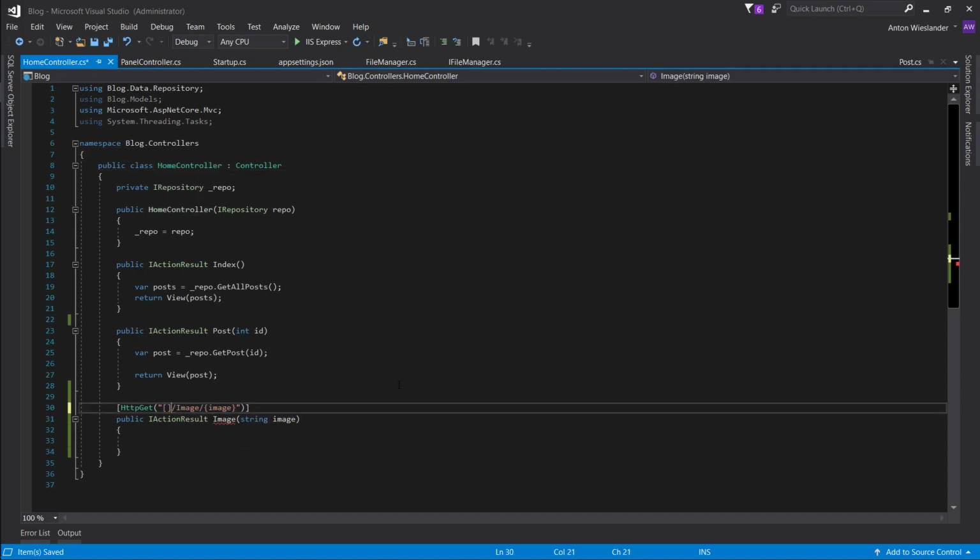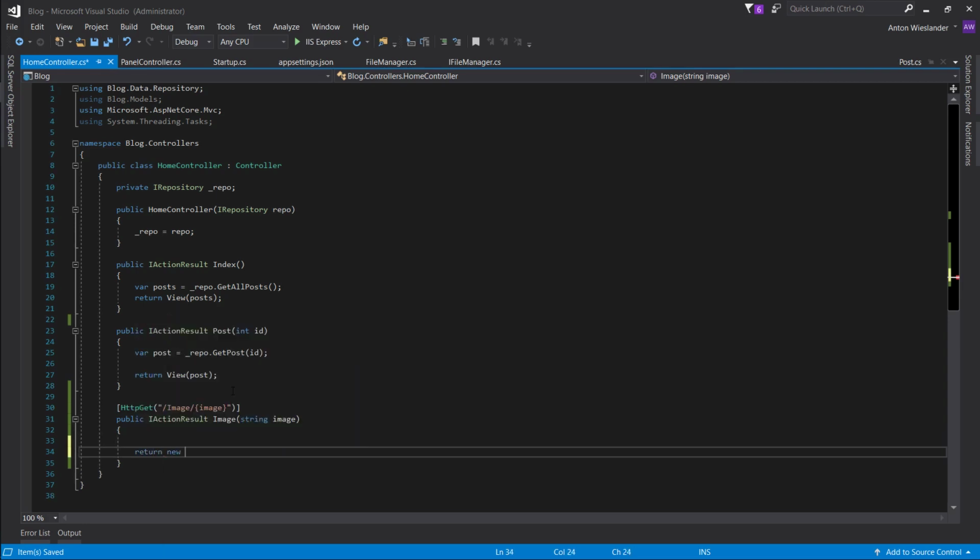So if you want, you can put the controller here, like so, and it's basically going to start following this convention. It's going to look for home slash image, and whatever's after that, it's going to populate this value here. So we're going to go ahead and remove this